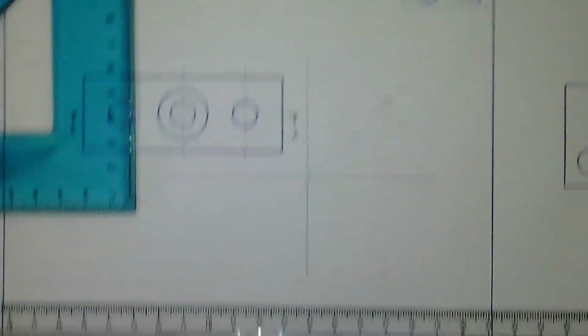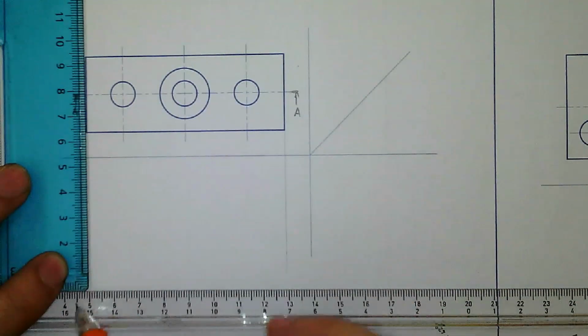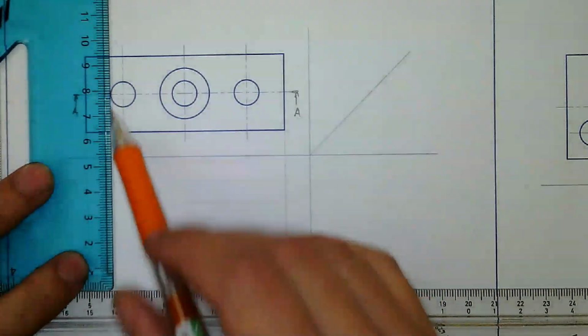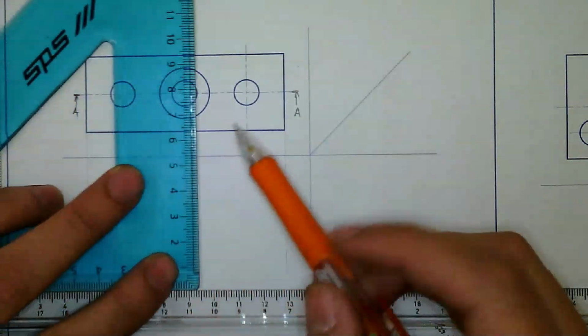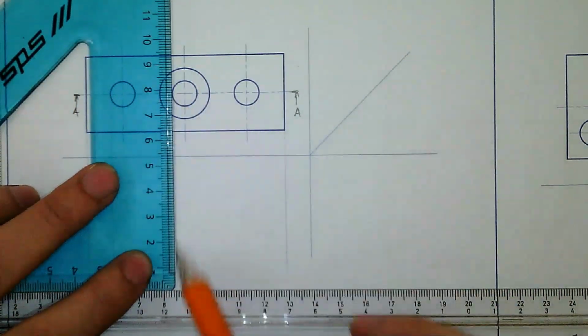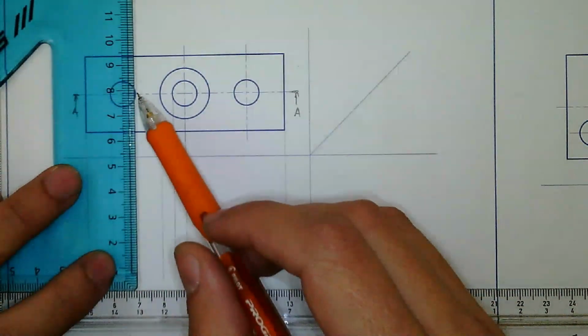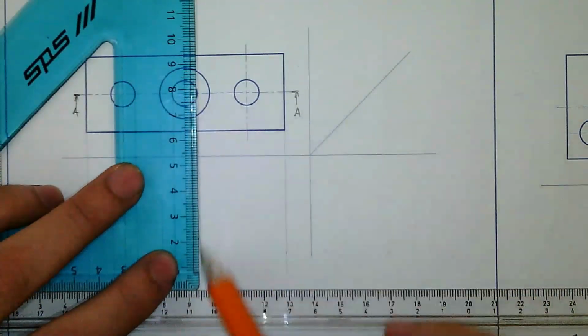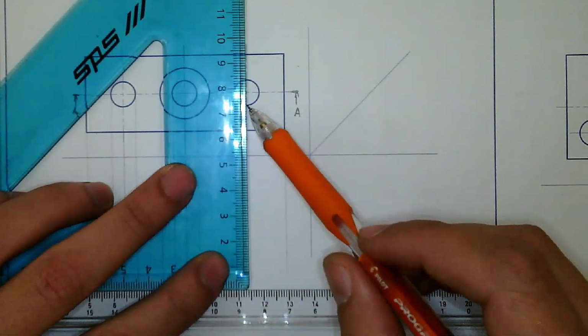Now if I go and draw the front view, which is a full sectional view, I can transfer all of these points over. So I'm transferring all of these points over to where my front view will be drawn, even my center lines. Forgot to take this one down. That one also. I'm taking down all of those points. It's going to make my life a lot easier when I have references for everything.